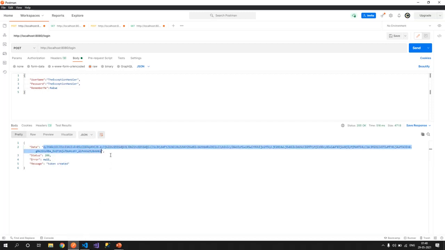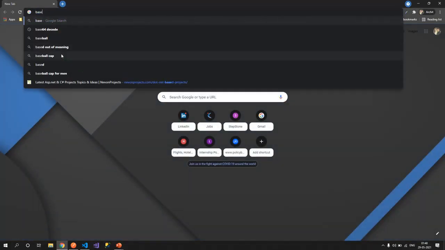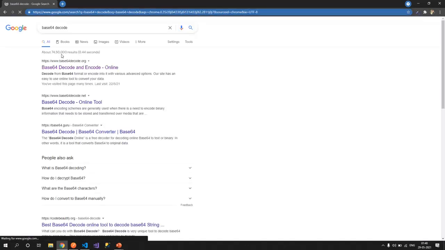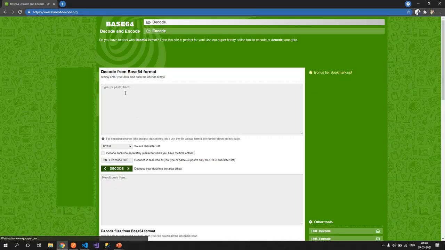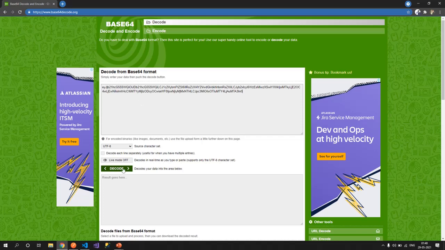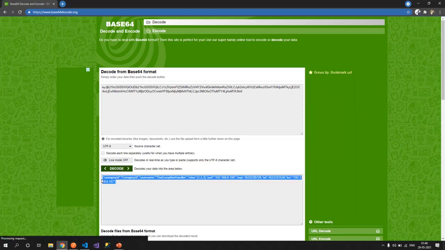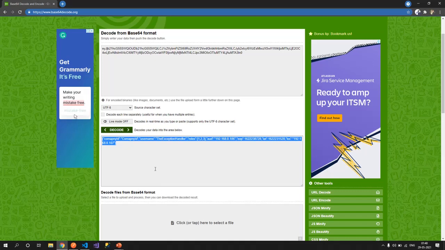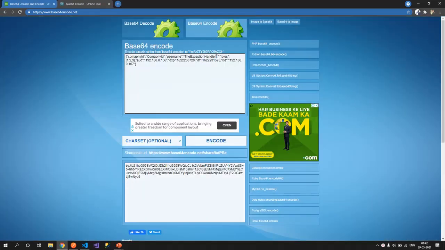Yeah, so for that payload, let's open the browser, go to base64 decode and encoding. What I'll do is I'll just copy in this base64 string, decode this, copy this back, and probably just change the company or a username as, let's say, 1, and then again go ahead and encode.